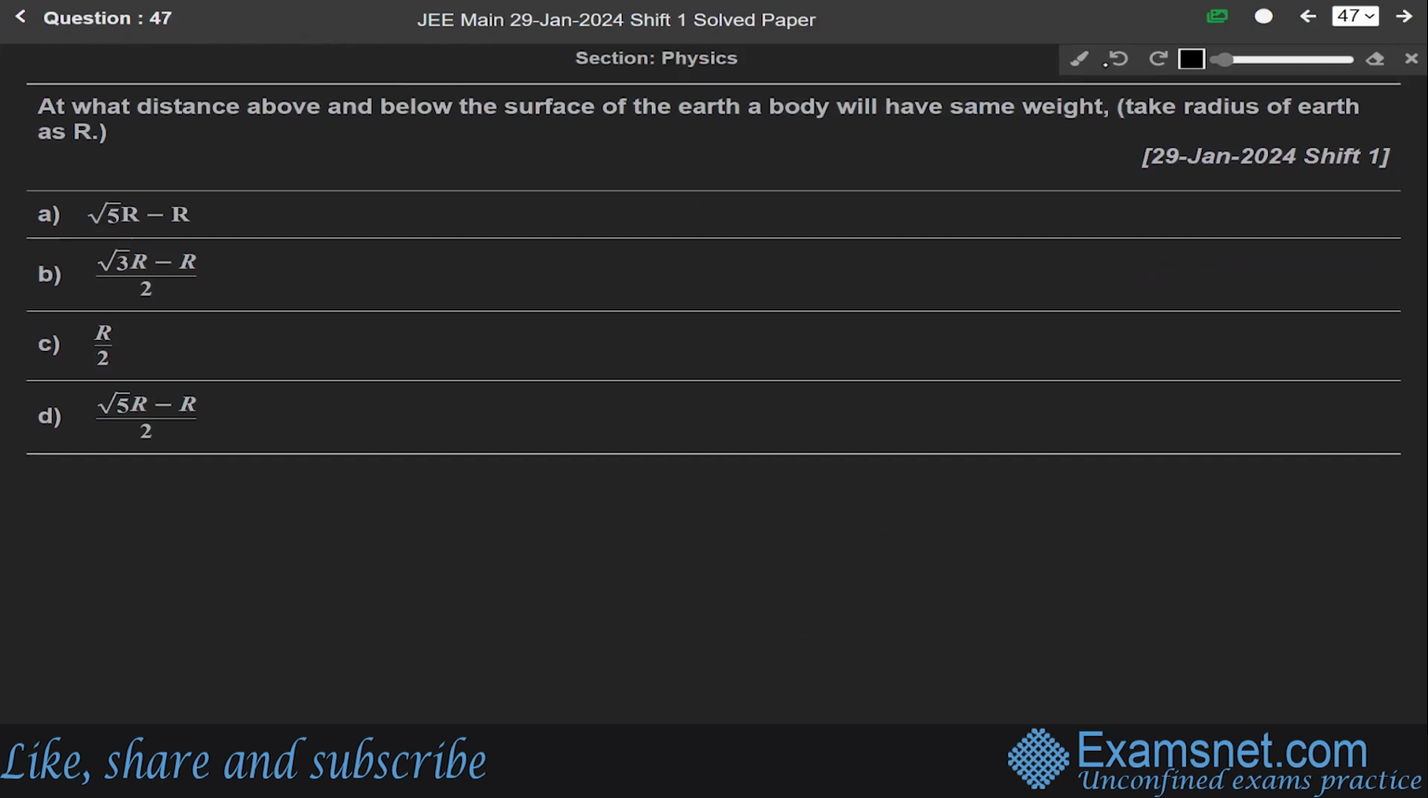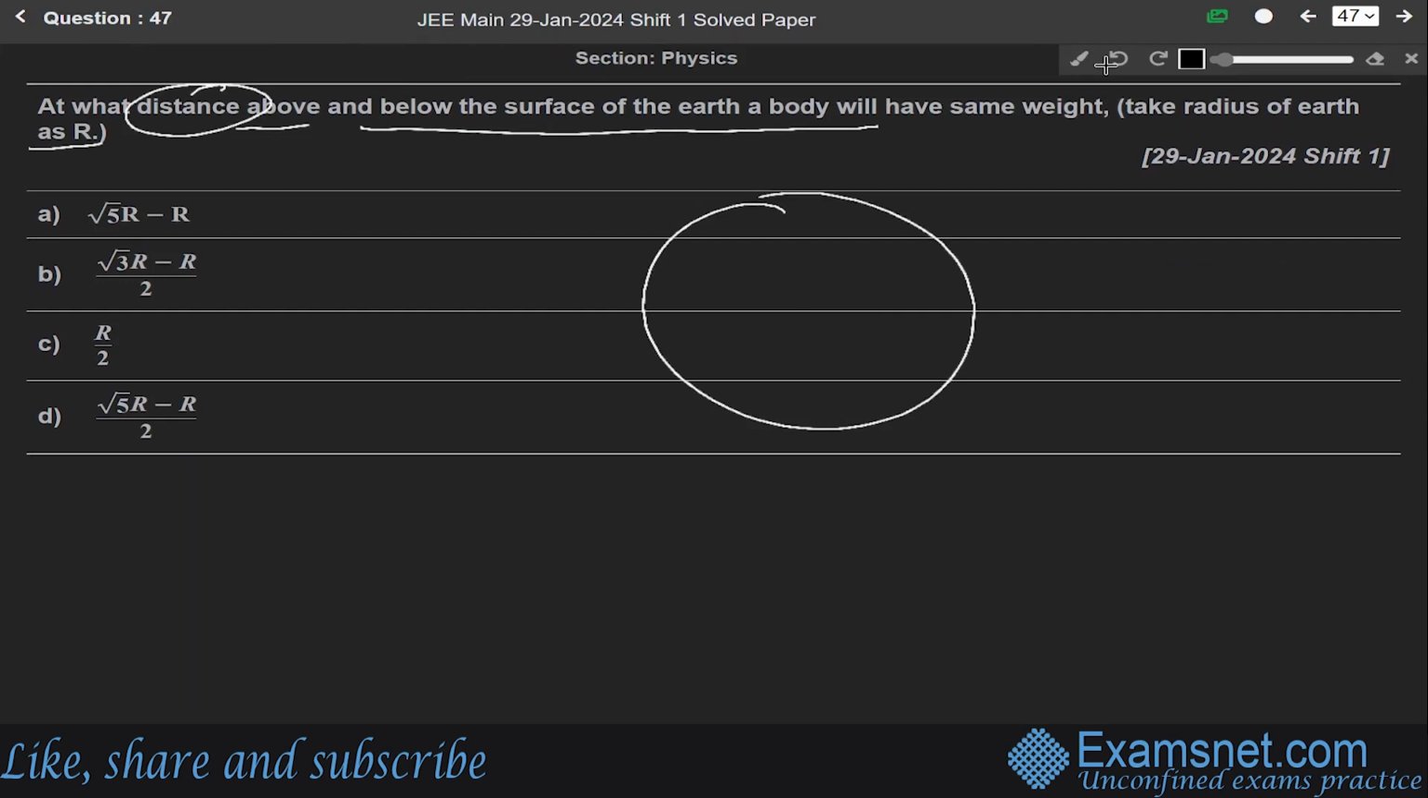Now next question 47. At what distance above and below the surface of the earth the body will have same weight, taking radius of earth as r? We have to find the distance at which the weight of the body on the earth is same, means above and below the surface of the earth the weight of the body is same. So we have to find this distance h. Let us say this is earth, we have to take its radius r. We have to find the distance for which the height above the earth and below the surface the weight is